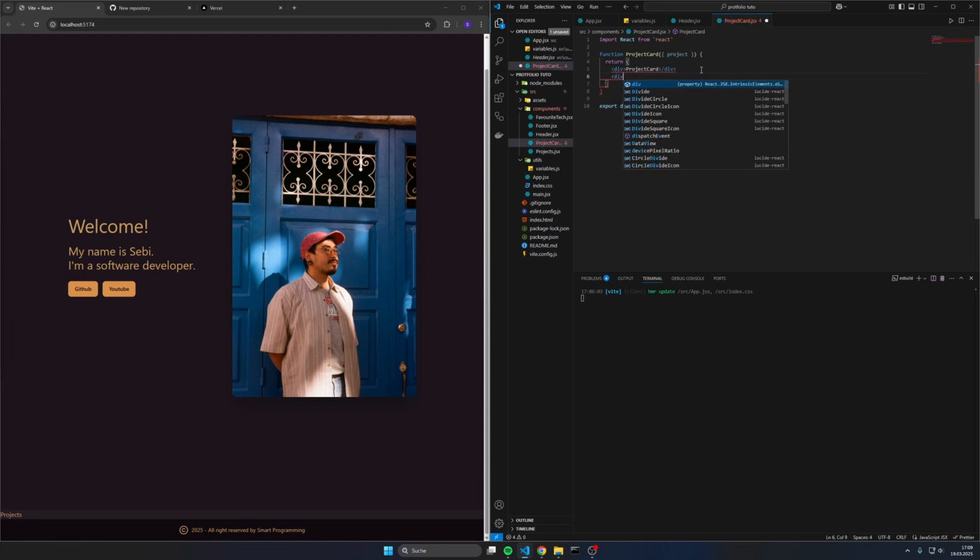So I can demonstrate this. So we are just adding in there, we can add the project prop, or we can access it by adding curly braces, and inside of them we call the prop project. Then we save this and import it in the projects component, project card. And then, so this is the normal